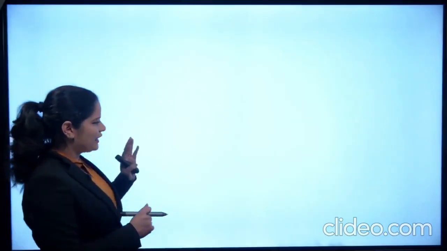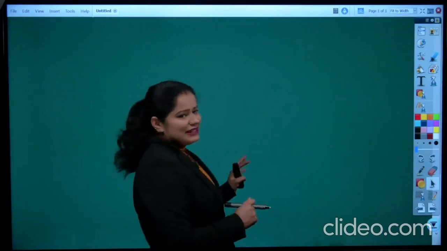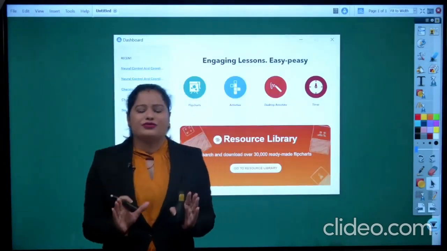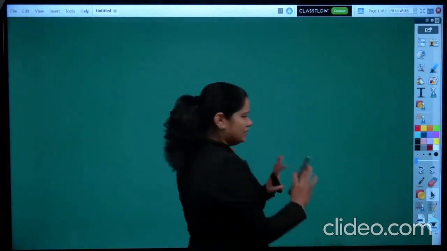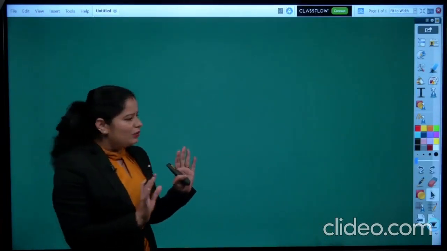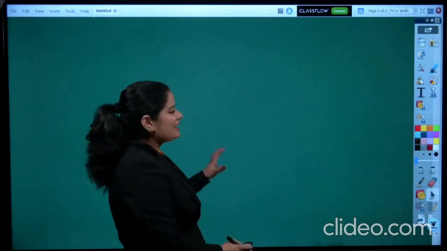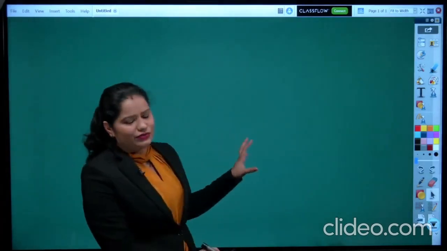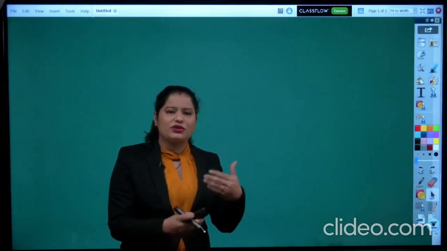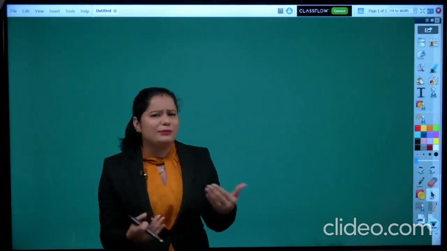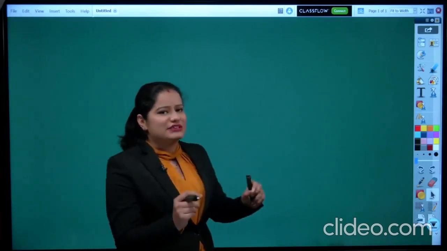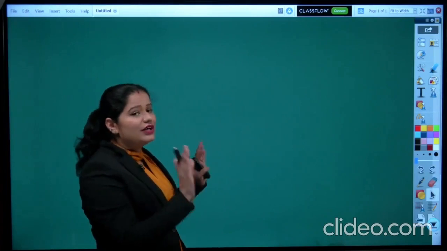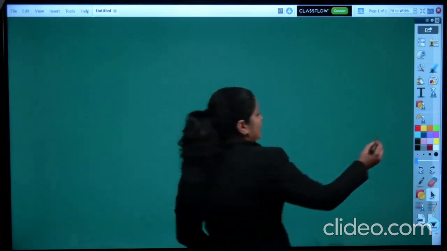Okay, so here you can see, this is the Active Inspire software. This is the board on which you will be writing. Now once you open it up, here we have used this green color. Whatsoever we are recording here, we are recording it on the green board. We are using several backgrounds as well. But once you open it up for the very first time, you will not see this color. You will see white color. You will see the board like this.